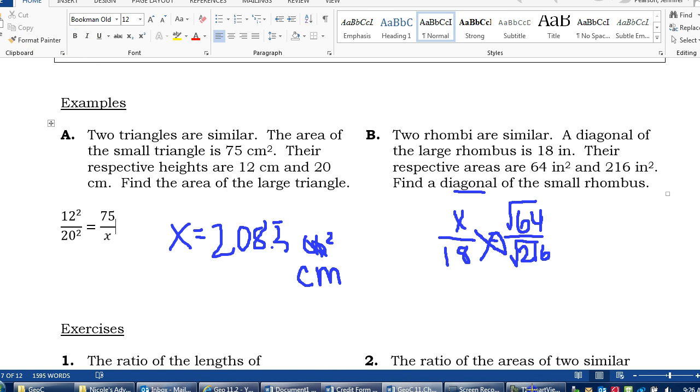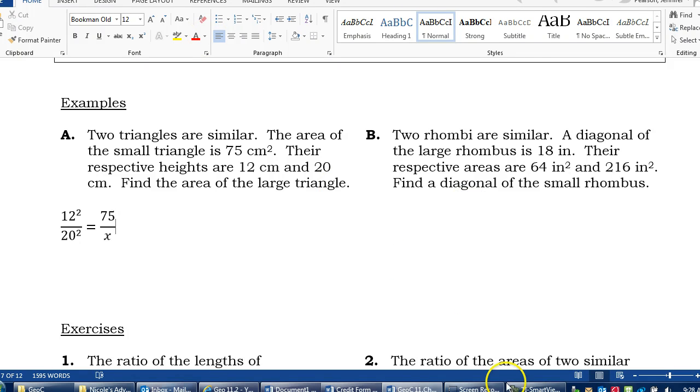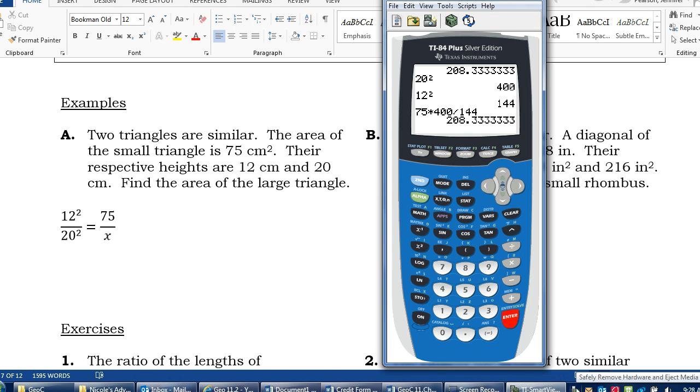On the calculator, I can type that whole thing, or I can get the individual pieces just like I did in the previous one. So what I mean is 18 times the square root of 64 divided by the square root of 216 gives me my answer of